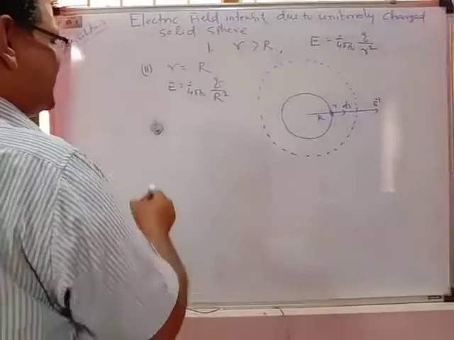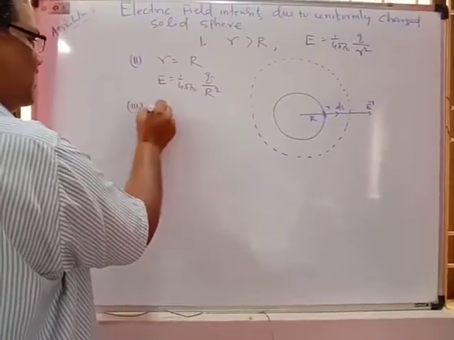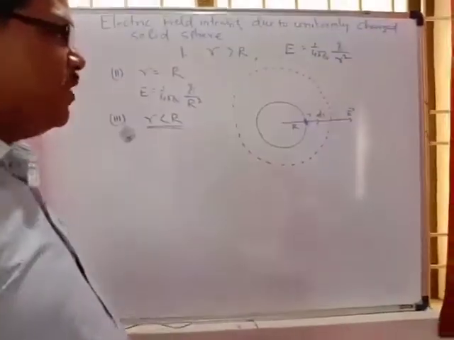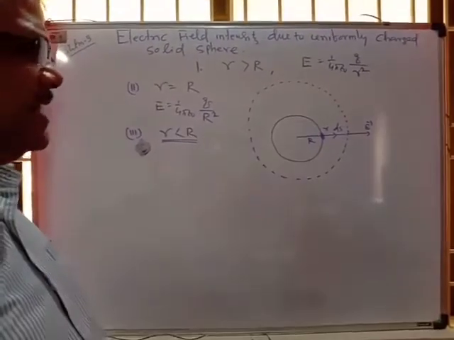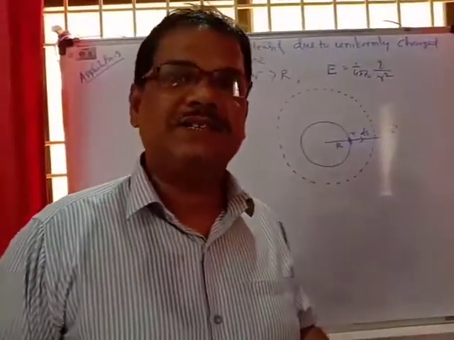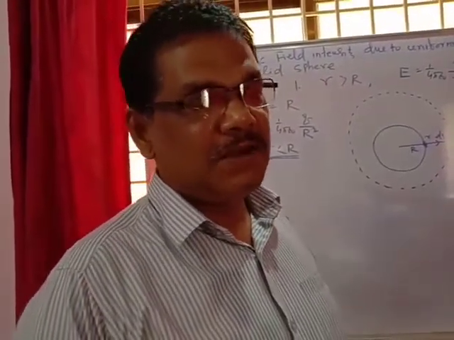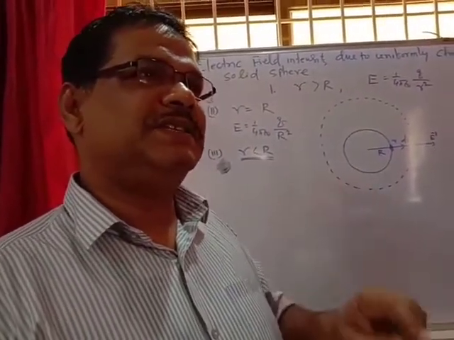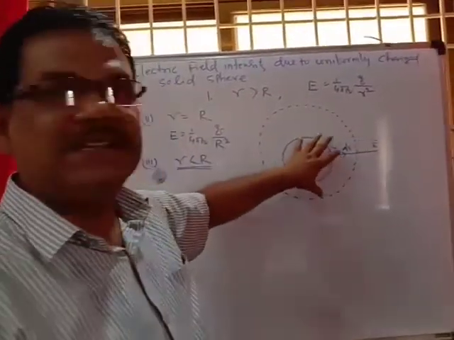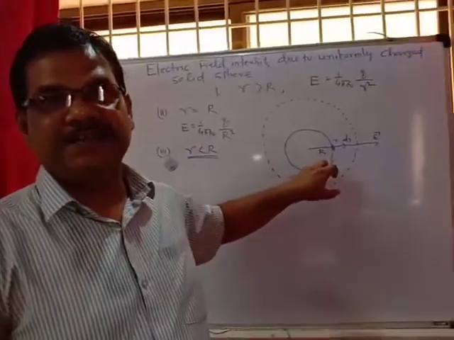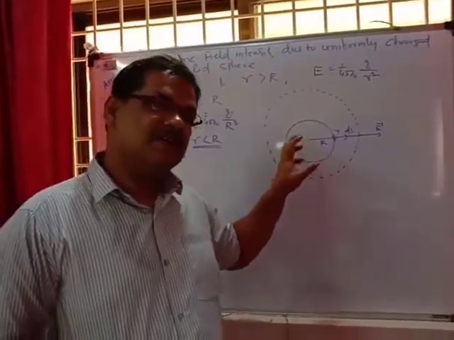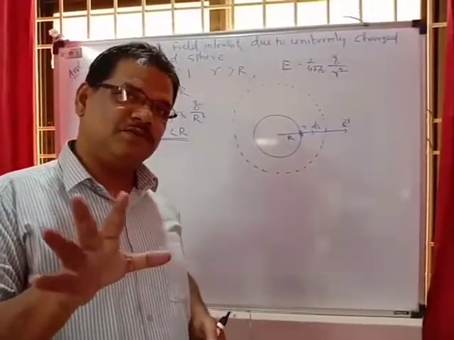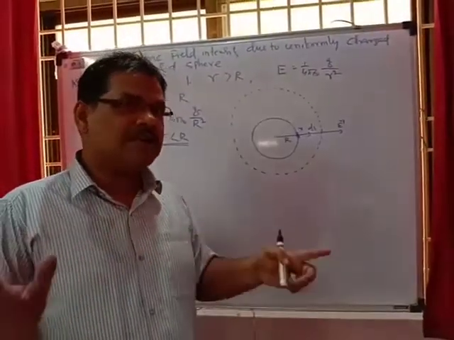The important part is inside. Whenever r is less than capital R, the important part is here. If the point is taken inside, you must be thinking the electric field intensity will also be 0, as it was in the hollow sphere. But listen to one thing: inside the sphere the intensity will be 0 only if the charged sphere is a conducting one. If the charged sphere is a conducting one, the electric field intensity inside the solid sphere will be 0. If it is non-conducting,